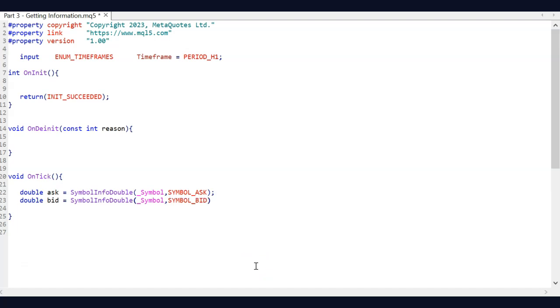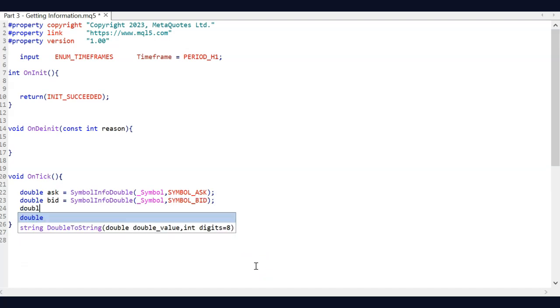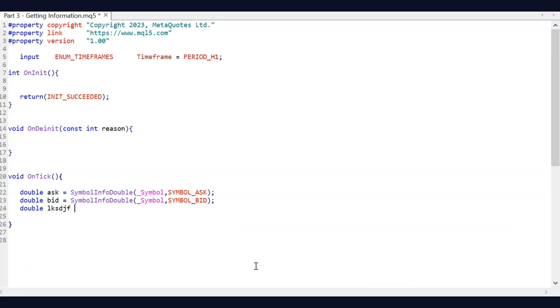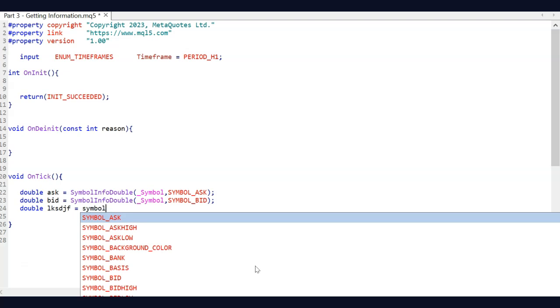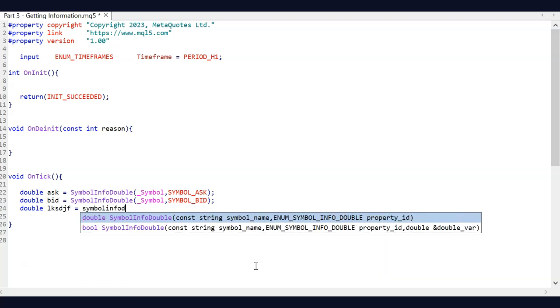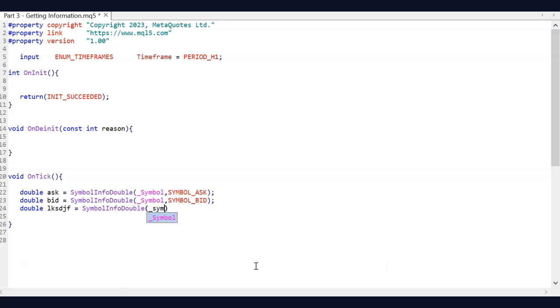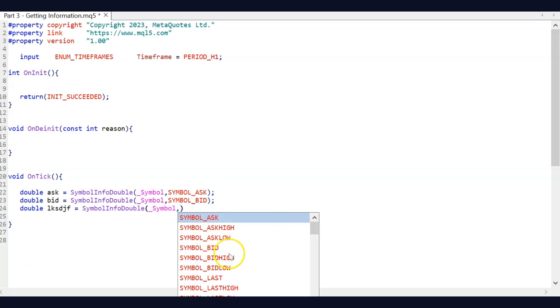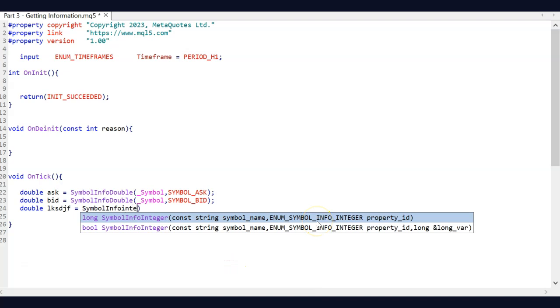Now if you want to explore more, and I'm not going to go into more detail, but let's say double, whatever is the name of the variable. And if you go symbol info double, say symbol, these are the things that you can ask for within that function. If I go symbol info integer,